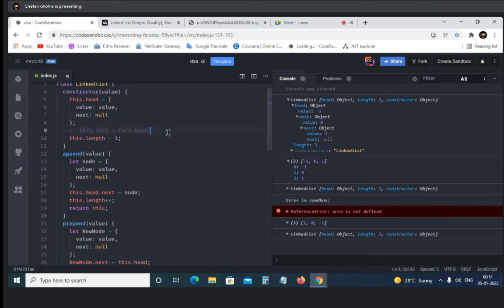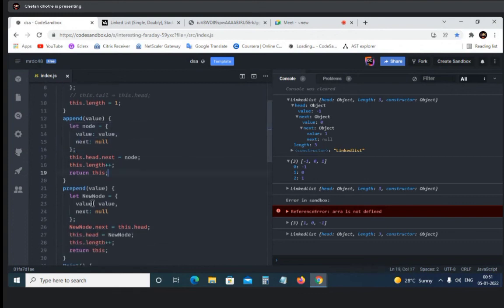So that's why we kept the tail as head, and we are going to track the length. So that's why we have assigned the one digit, and then we appended. And what we have done is just reference the head dot next, which is null, to node. So this dot head dot next is referring to node.